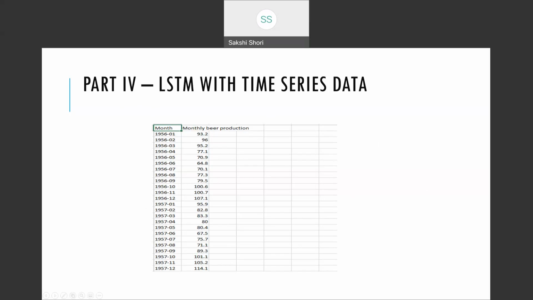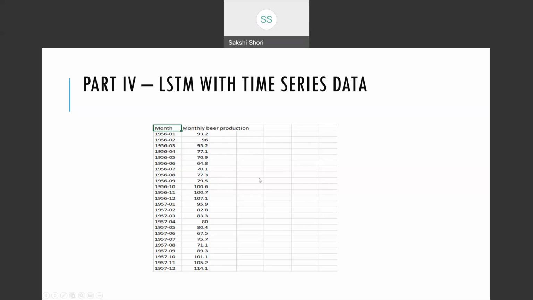The data basically contains two columns. One is your month that is described here, and the other is your monthly beer production numbers, right? And as the project demanded, the data set needed to be simple with only one numeric attribute. So here is the numeric attribute. There are approximately 500 data points in the data set, and the data looks pretty clean and fine, with no missing values or outliers.